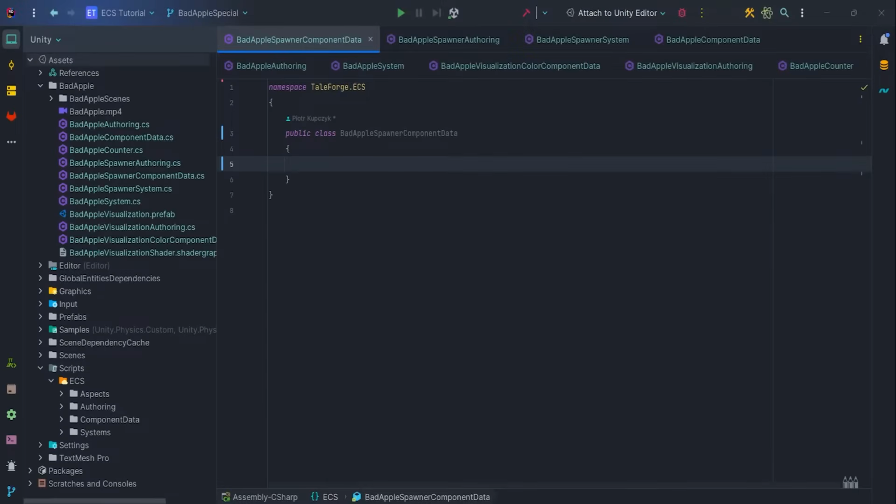Let's start with the code part. As you can see, I have created all the necessary files to just write code. You can pause the video and also create empty files with class definitions. Let's start from